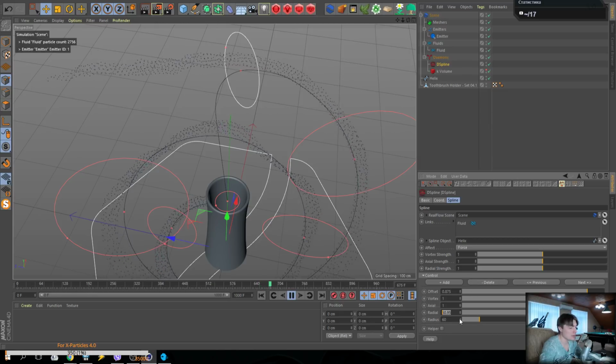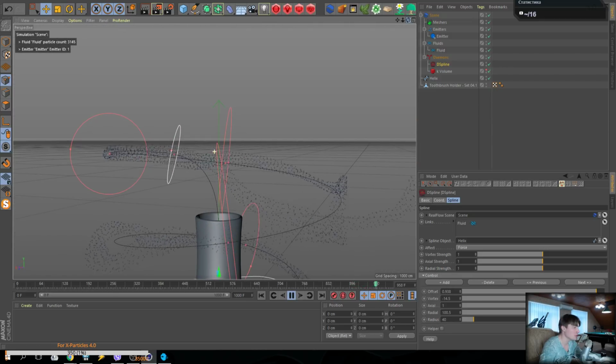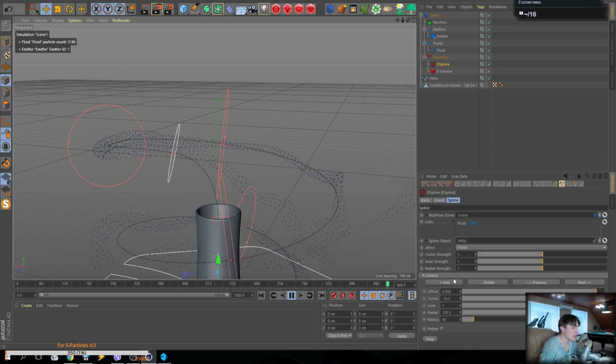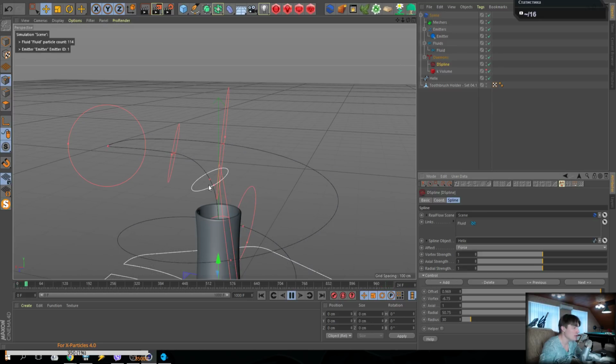I will make maybe 200, just to catch everything. Yes, you see, it's catching and water is going inside somewhere here. Very nice. Maybe I will also use minus 30, just to give a small rotation. Add more, somewhere here, you see, one more control coming. Add one more. Okay, water coming here, just put a little bit somewhere here, and increase maybe 200, just to catch